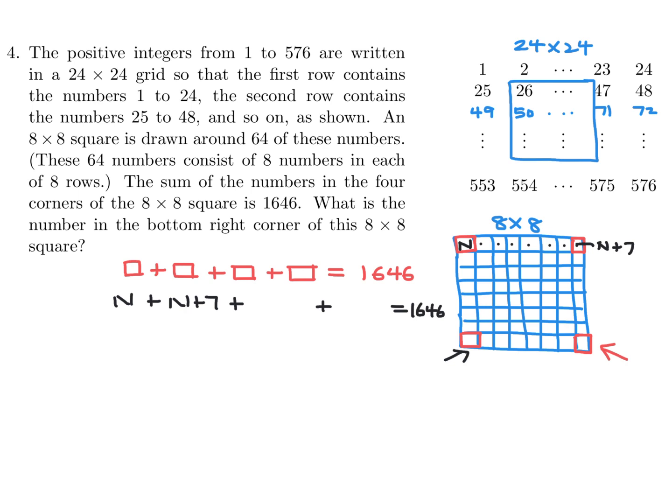I think if you're jumping rows, you're just going to add 24 each time. Is that right? 24. So I think that's what's going to happen. You're just going to add 24 each time. So this would be n plus 24, this guy right here, and then so on. So I think that's how. So this would be n plus